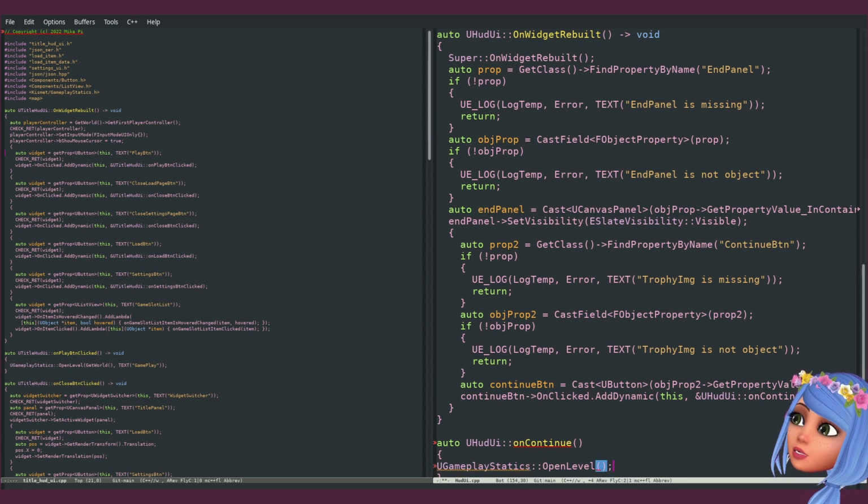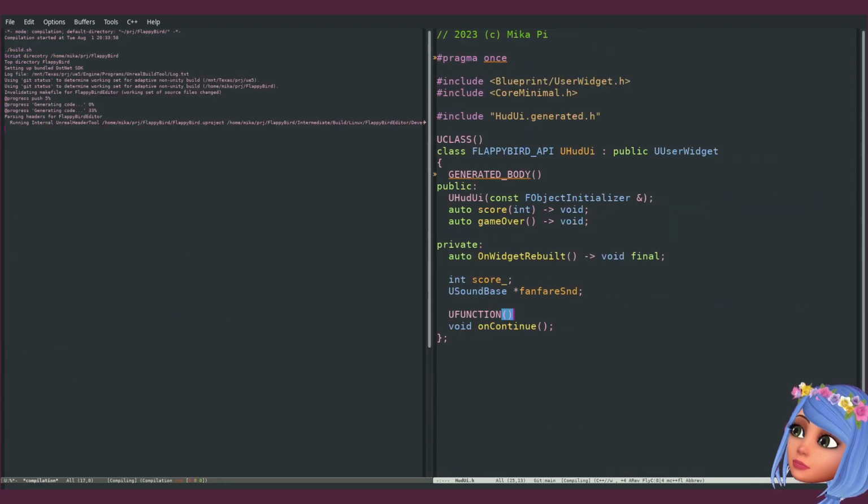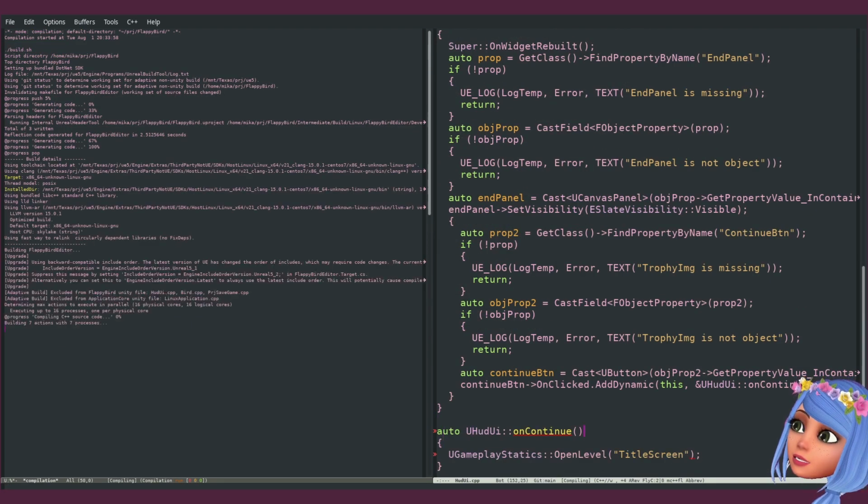So open level, and we just give that level name, which is going to be title screen. That's it.